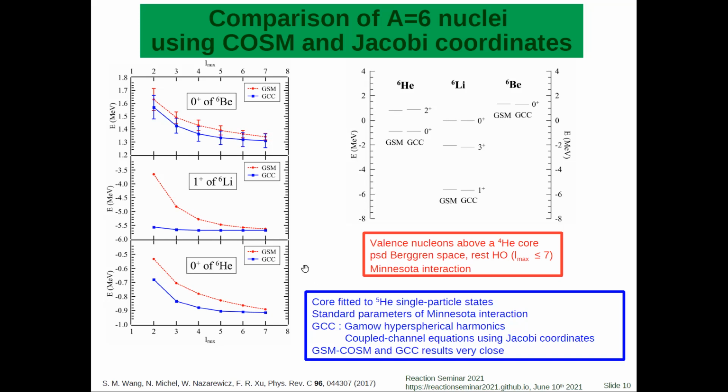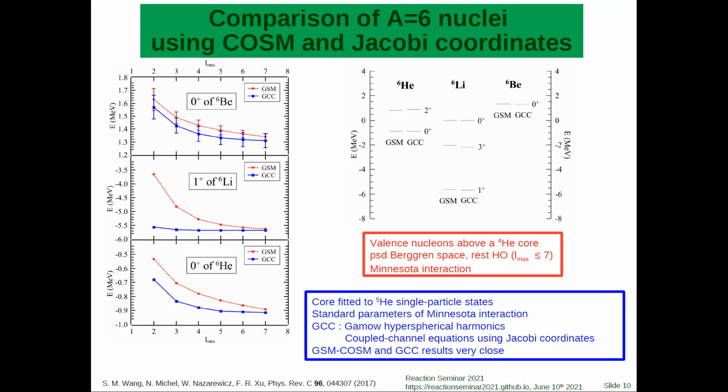So the cluster orbital shell model can be used for both bound states here and also resonant states. And we can see here that states are very close in energy. So this means that the cluster orbital shell model can be used